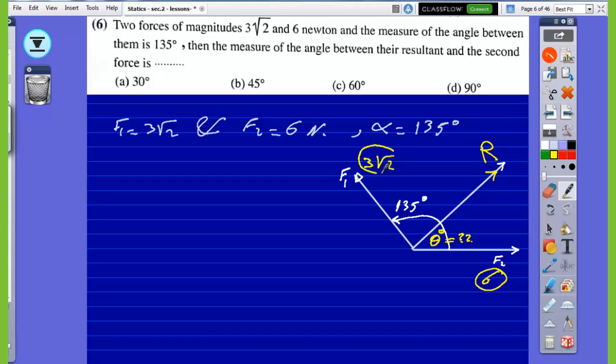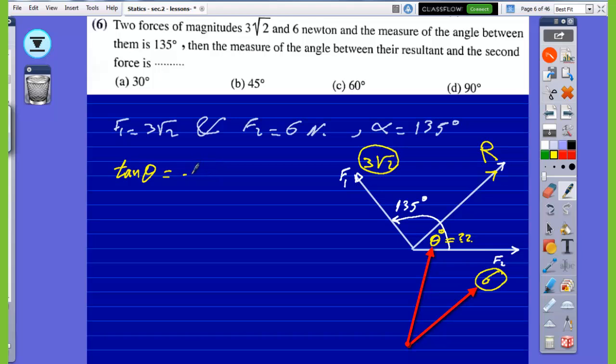The required is to calculate the measure of the angle between R and the force of magnitude 6 Newton. So considering this angle equals theta, tan theta